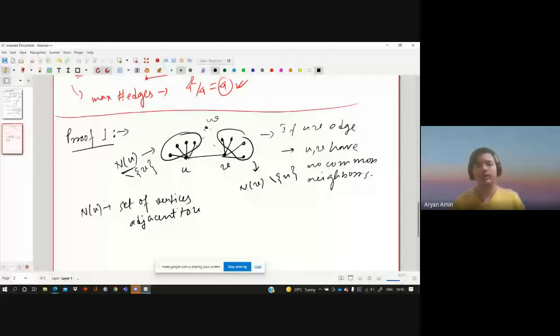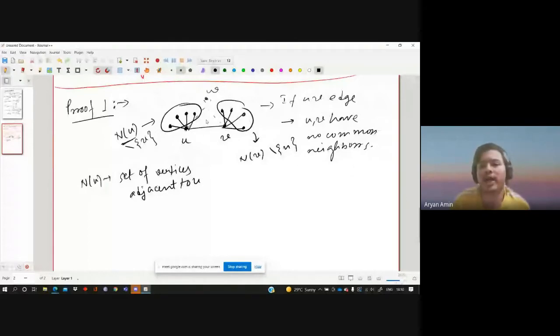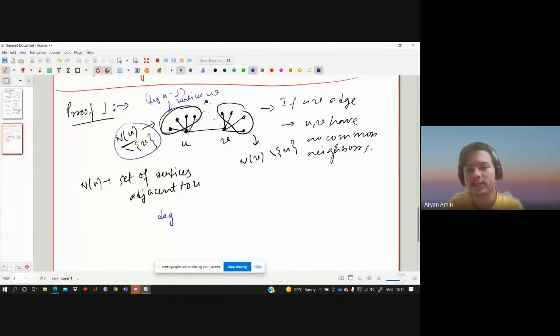So now think about this. We know that they have no common neighbors, right? So a direct implication of this is that these two sets cannot intersect. So the cannot-intersect condition can be nicely formulated by just writing. So how many edges are here? So degree of u minus 1 vertices are present in this set, and similarly in this set, degree of v minus 1 vertices are present. So if you look at it, they cannot intersect, so a direct implication is that this value should